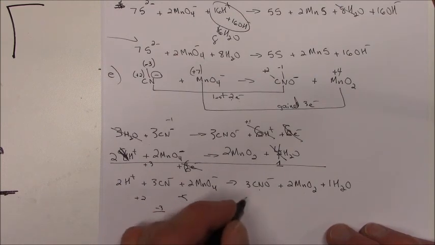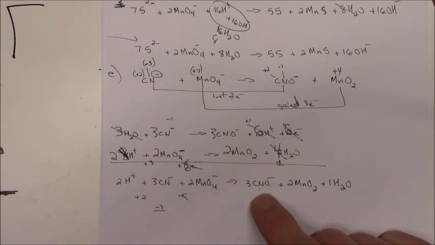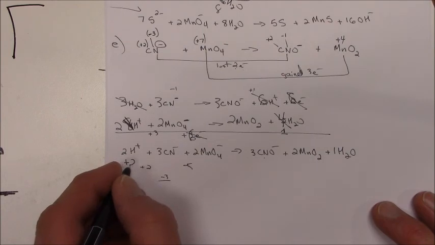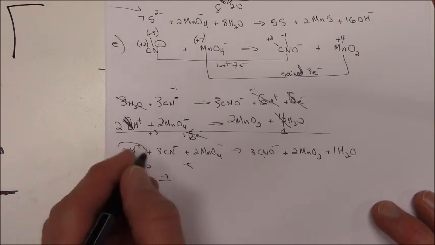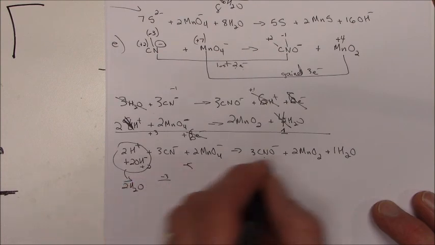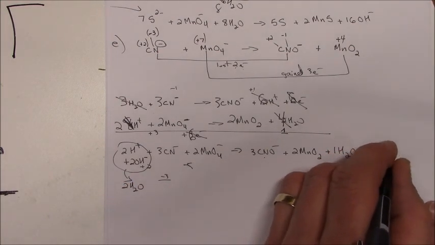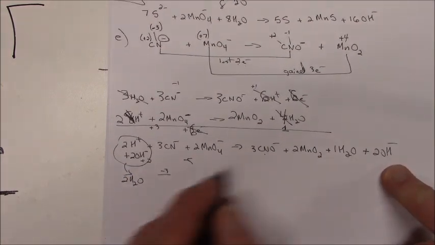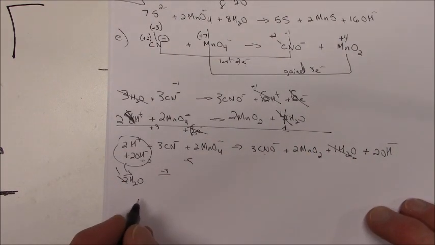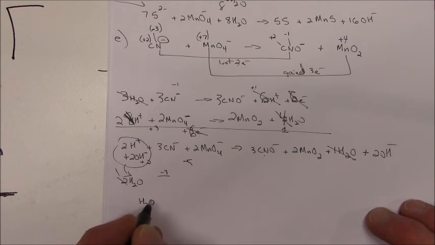This is -3. So we are good for balance in acidic conditions. This is supposed to be base, so we have to add 2 OH minuses to make 2 H2O. We add 2 OH minuses here. One of these kills off that. So the final answer, I believe,